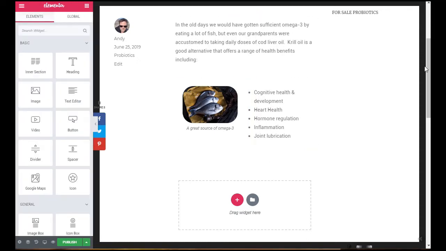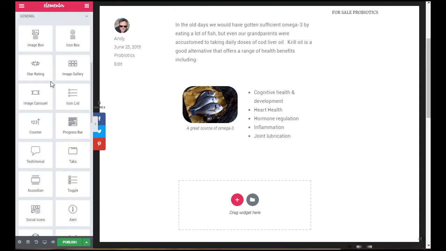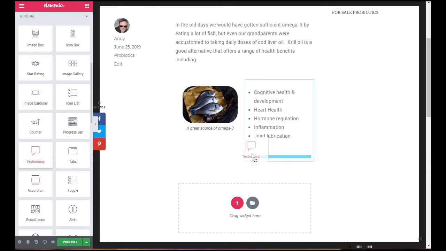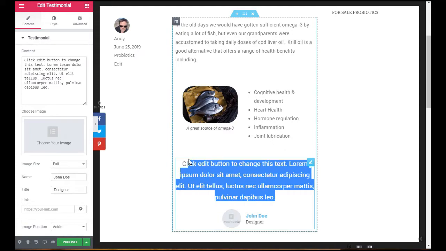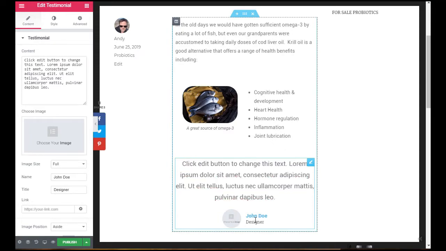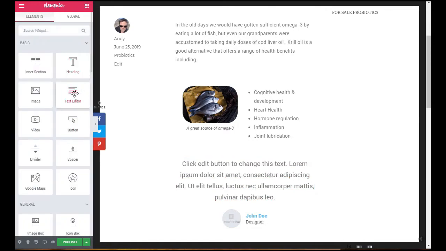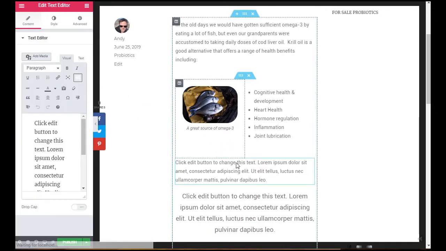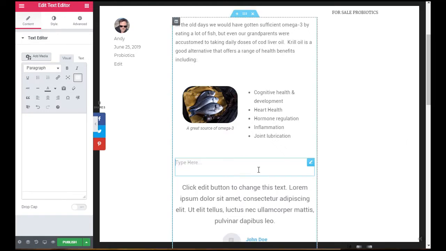The next thing we want to add to this web page is a quote, and if you look down, there isn't actually a quote in Elementor. The closest you've got probably is testimonial, and if I just add that briefly, you can see you can put a testimonial in there with an image and the person who said it. So that one would work. The other option you have would be the text editor. You could just put a text editor in, and if I copy and paste in the quote,